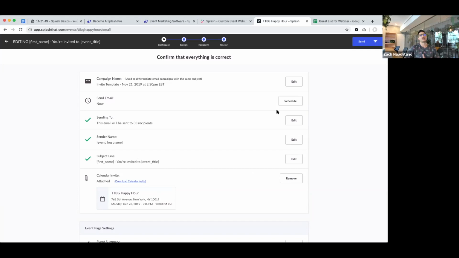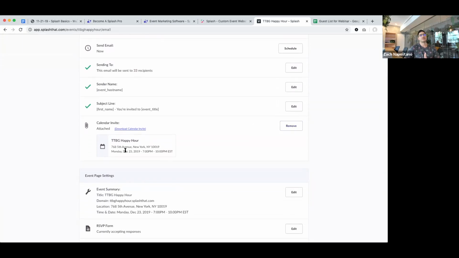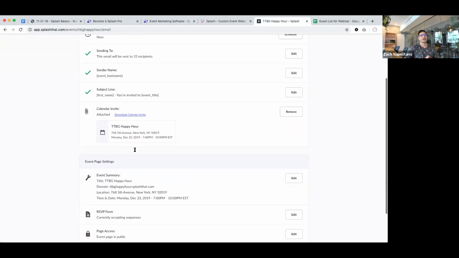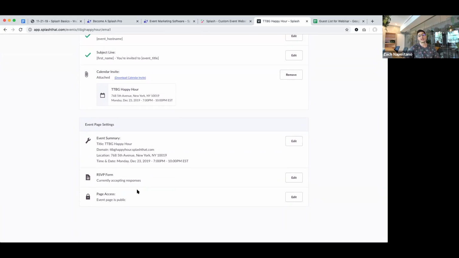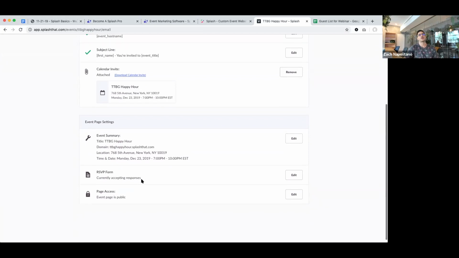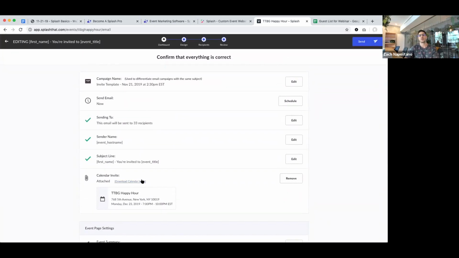One thing I do before scheduling or sending though, I'm reviewing my calendar invite for accuracy, my event summary, my form, everything. This is my one last opportunity, even if I've done some pretty rigorous quality assurance, to make sure everything's on point. Again, even me, who's maybe a little hyper-vigilant to the point that it drives me a little nutty, even I've made mistakes in sending out invites with the wrong date and time because I was moving so quickly. So we've added this screen to give you that last opportunity to check your work.